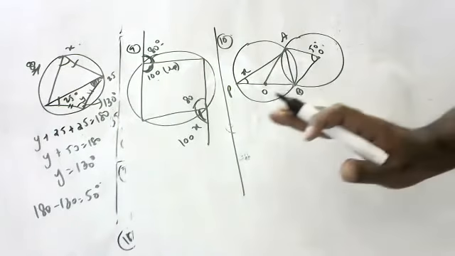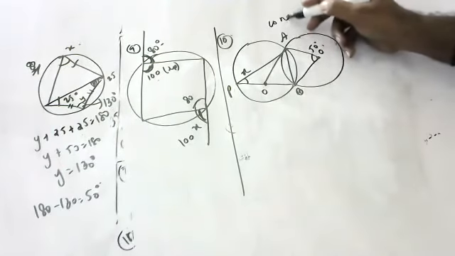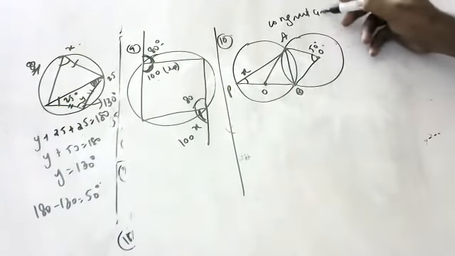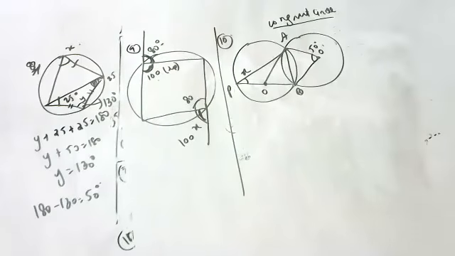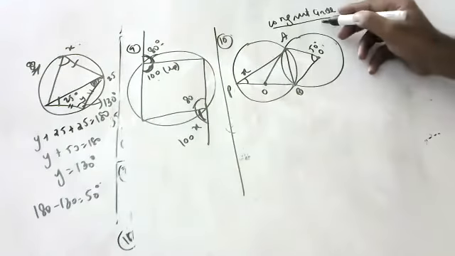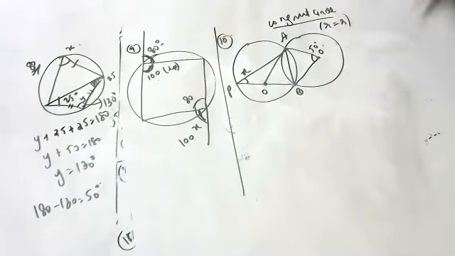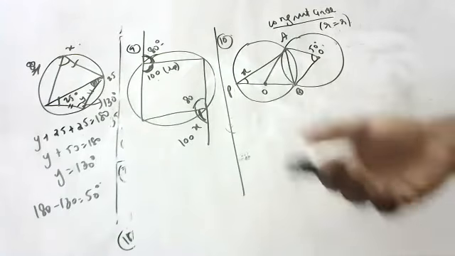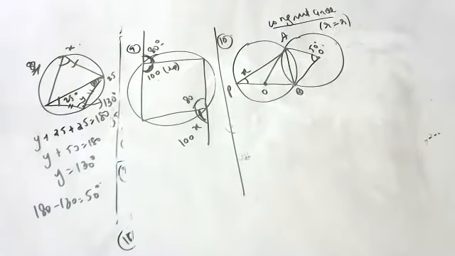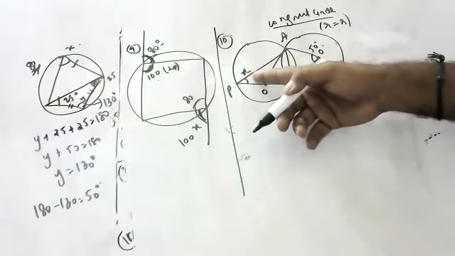The two are congruent circles. Can anyone tell what are congruent circles? Sir, they have equal measures, same radius. Yes, they both have the same radius. Very good. Yes, Lahari, can you tell Nana? Sir, since they have the same radius, x is also 50 degrees. This is also 50, you mean to say?